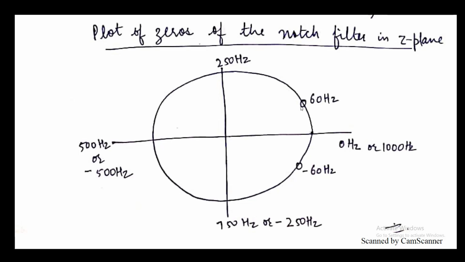So this was all in this lecture. In the next lecture we will see the implication of the comb filter. One or two examples we will discuss for the comb filter, which is used to remove some harmonics as well as the fundamental frequency. So this is all in this lecture.